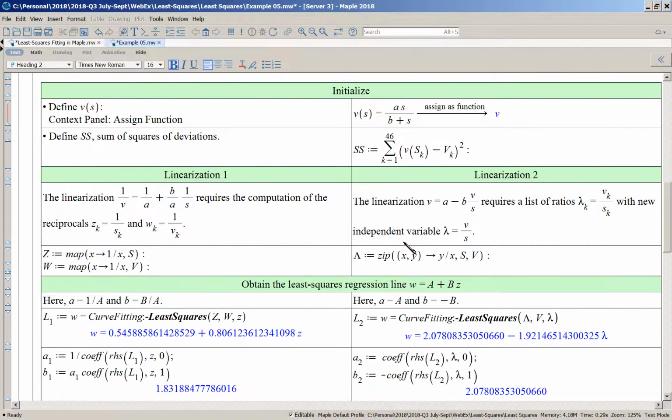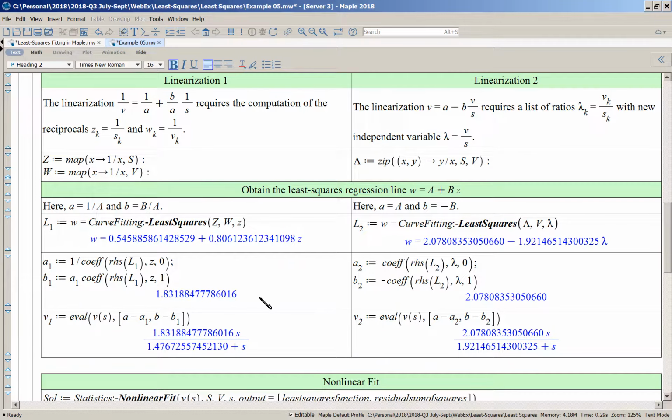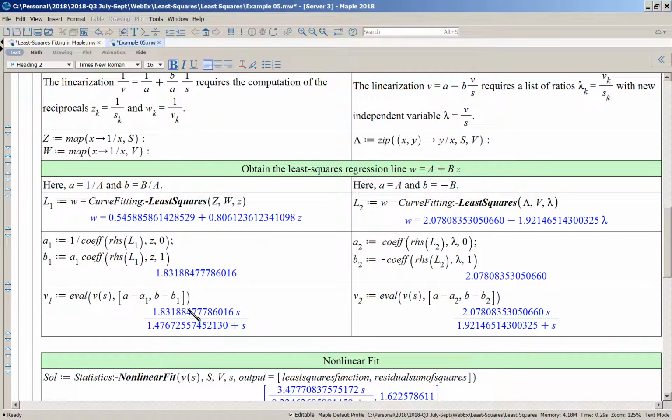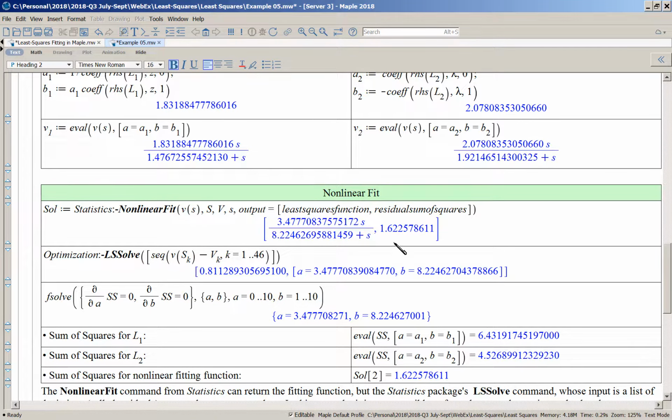And there are two linearizations that apply to this problem, linearization 1 and linearization 2, and I carry out the details of that linearization in each of these two columns, the result being that we have two fitting functions that come from two different linearizations, but just compare the results. 1.82, 1.47, 1.92. So these two fitting functions differ, and I'm going to now consider a nonlinear fit,